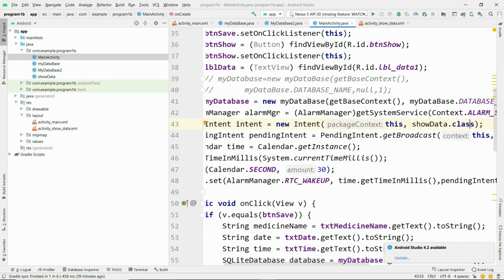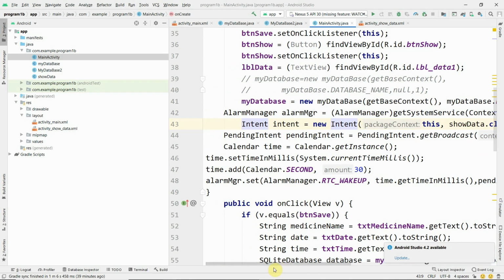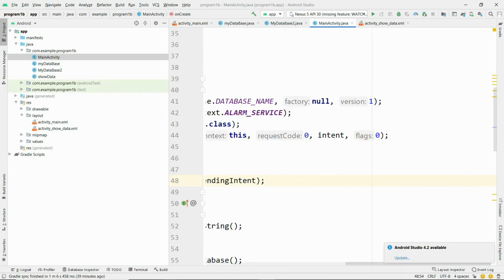Here you can see how to transfer the data to another activity. The other activity is nothing but the ShowData activity, and the ShowData activity class is called.